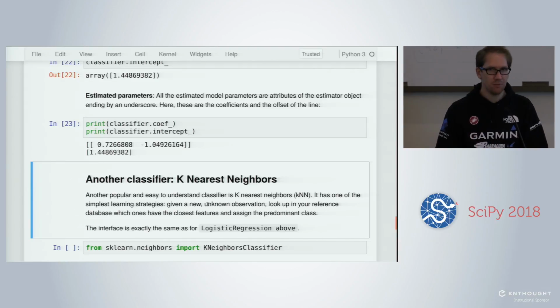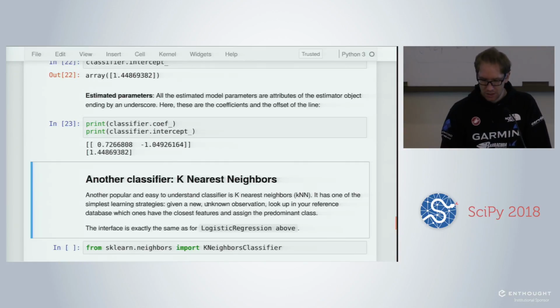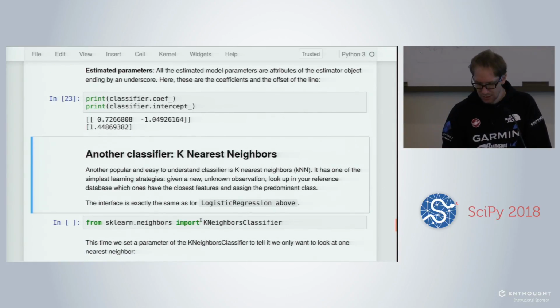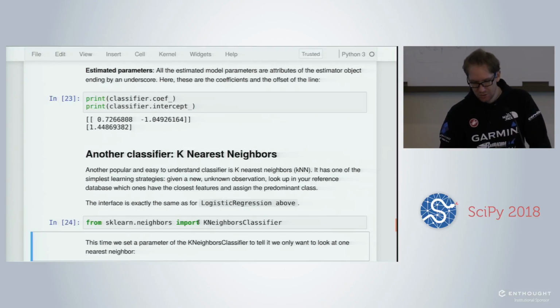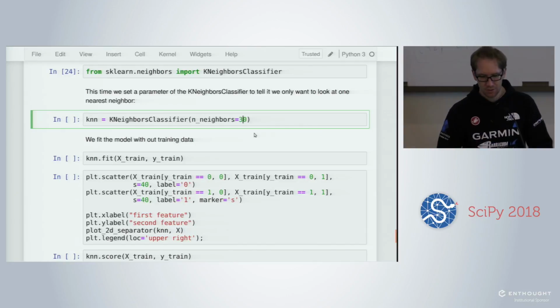Because we have only 2 dimensions, we can visualize with a scatter plot and plot the decision boundary of our classifier. Here we have our first class and second class, and we see that the logistic regression tries to find the line that best splits the 2 blobs. Because the 2 blobs overlap, we have some points which are misclassified on each side of the line.